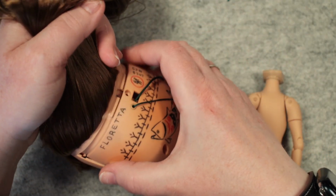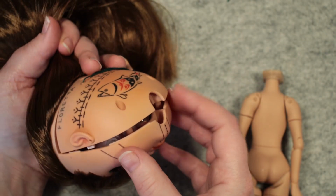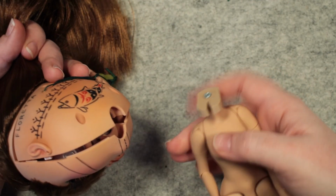Making sure no hair is trapped in the seam, we can roughly attach the back plate, leaving the bottom open, to reattach the body, onto which I've already installed one of our handy-dandy neck joints for added neck articulation,